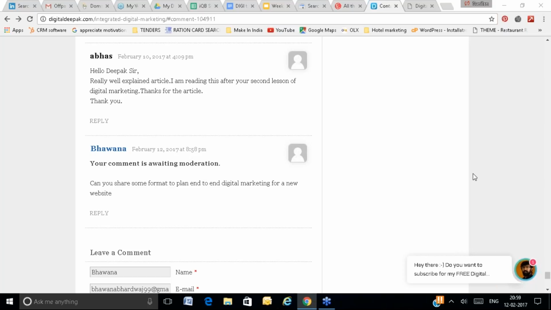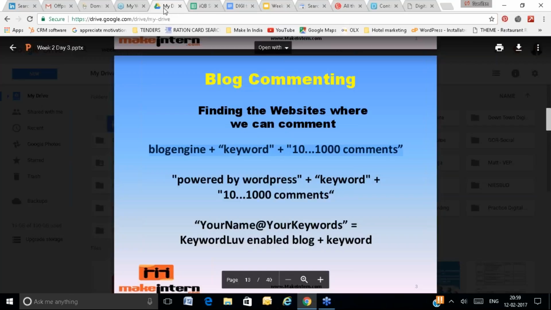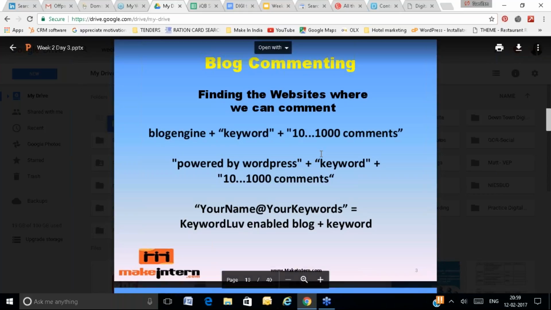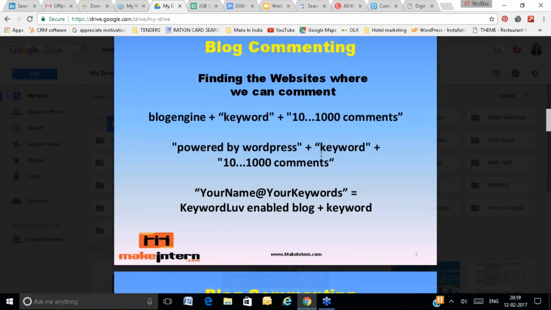Got the idea, Vivek, Dayanand, Ayushi, Shara? This is how you can generate backlinks for your website through blog commenting. These are the commands you can use to find the relevant blog for commenting. Nice, nice. Thank you. So let's briefly go through the blog commenting.